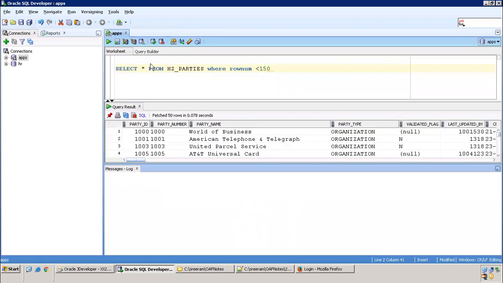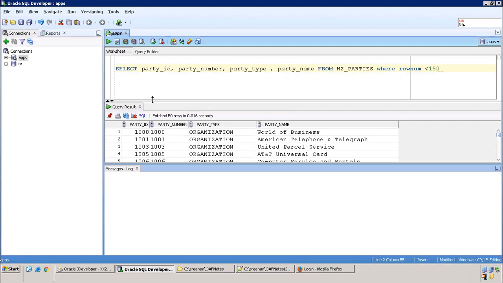When you are implementing an LOV, always make sure to consider only the columns you want. Don't try to have any other columns. Party number, party name, party type, party name also. I just want this set of 4 columns.